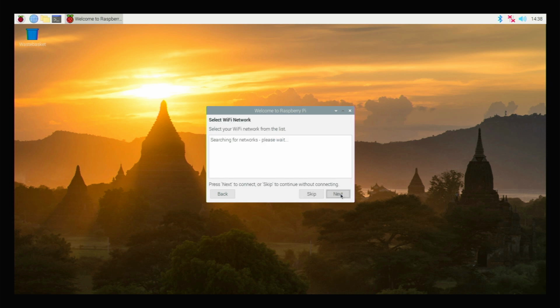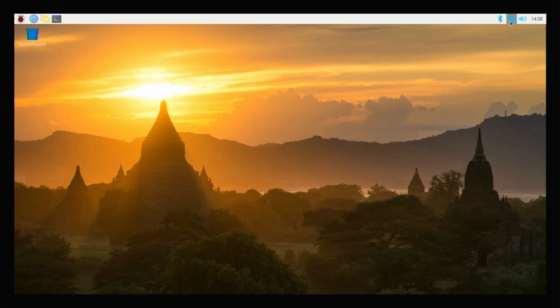Okay. Now searching for the networks. Okay, so I will use for the beginning the Ethernet connection. So I'll plug in the Ethernet cable to the device. So it's plugged in, as you can see up here. So I will skip the Wi-Fi connectivity, but you may want this if you want to attach the Raspberry to your mobile phone. Okay, so it is now connected to the network. And now I can set up the configuration.